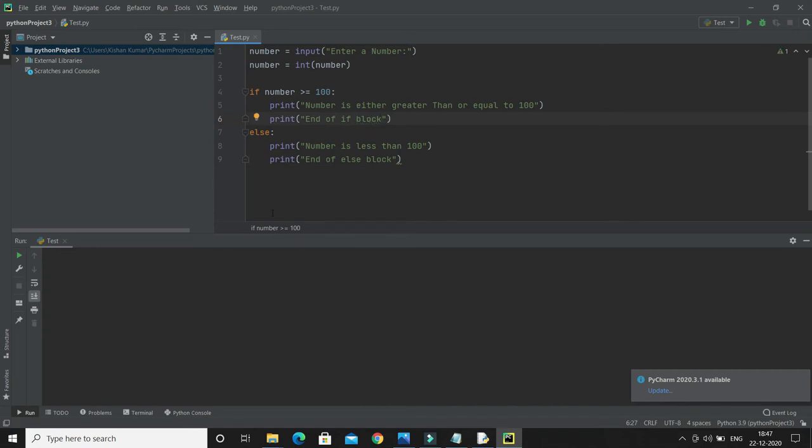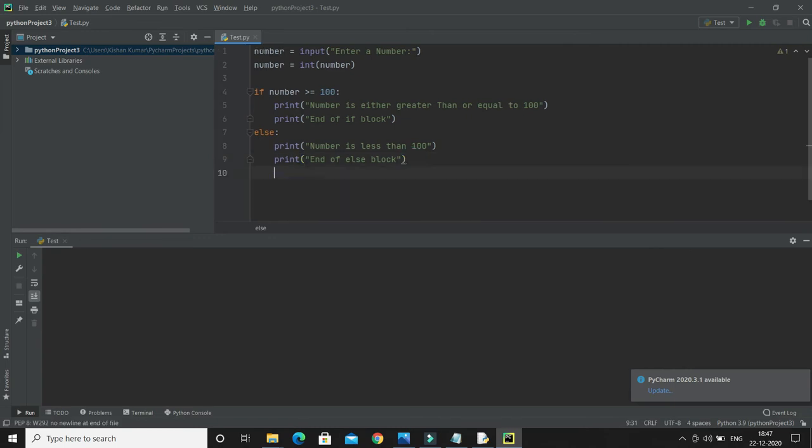Okay, and I would like to execute some statement. Doesn't matter whether the if gets executed or the else, still I would like to execute some piece of code that I can write over here, right? So I will write print, and here I will write end of program.